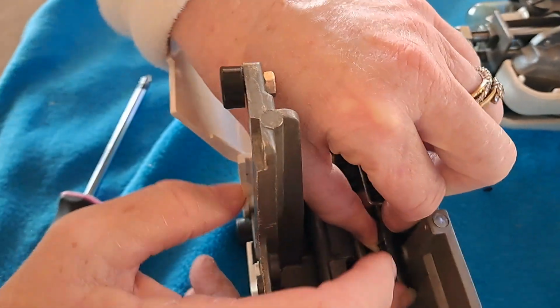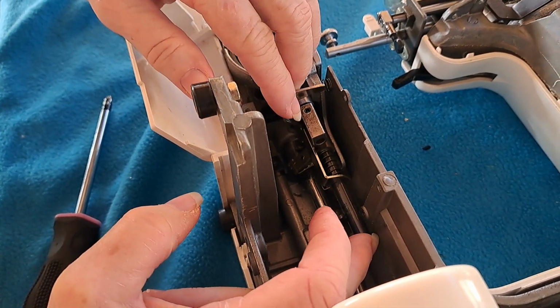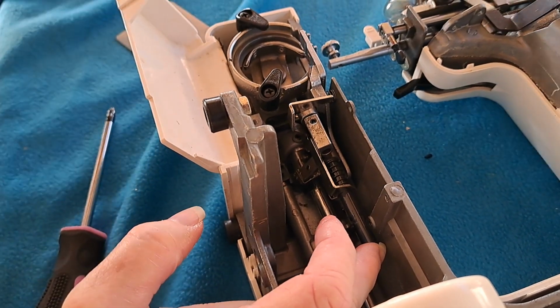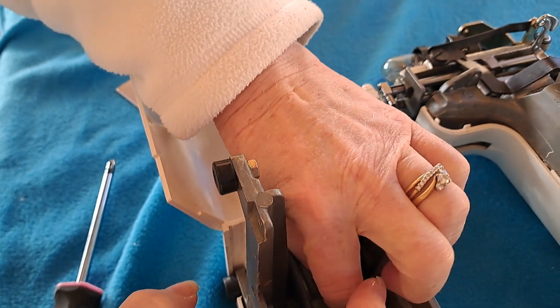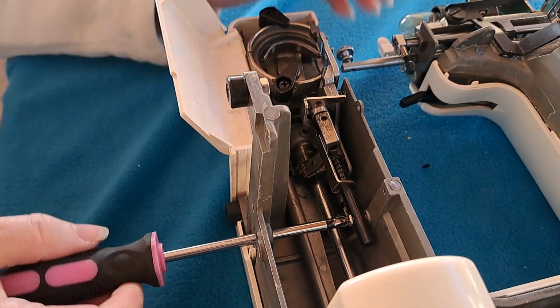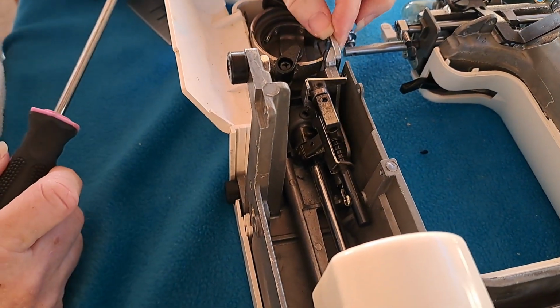And then put the screw back in. And basically you should be able to pull this backwards and forwards when you've done that. Pop the screw back in. So just finishing off the screw here. Now, right, done. This needs to be able to go up